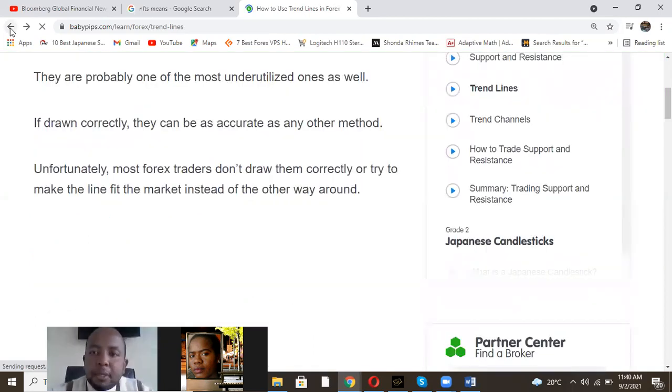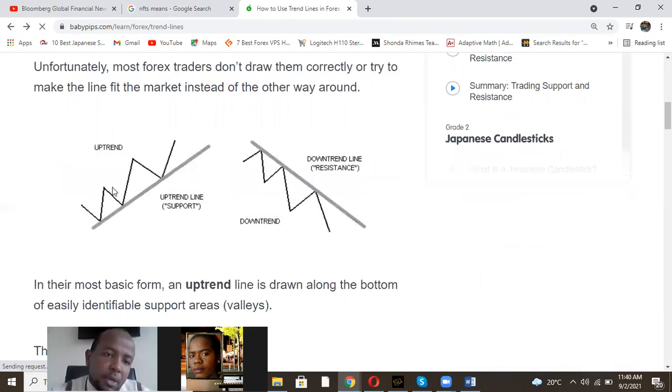Yeah, so at trend lines. So how do you draw the trend lines? So they look like this. You can see, when the trend is going up, most likely it will go up on a wavy line. So a line that you're going to draw down here, now this becomes our support. So every time the price hits here, goes up, then hits back here, goes up, then hits back here. This now becomes our trend line.